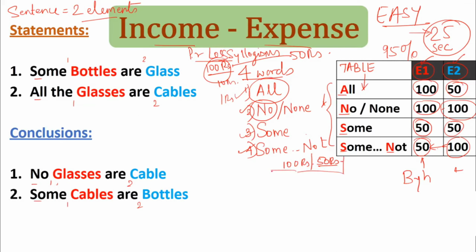I'll again show in the exam. Whenever you go into the exam, whenever you get the rough sheet, simply draw this table very quickly. All, none, opposite is none, then some, opposite is some not. Element 1 is over here, element 2 is over here. Once you practice, you won't have to write this. What you will simply write is, for all, in the second column we will start, first we donate 50 rupees, then 100 rupees, then 50, then 100, then no space, so we go over here and donate again 50, 50, 100, 50, 100, alternate.